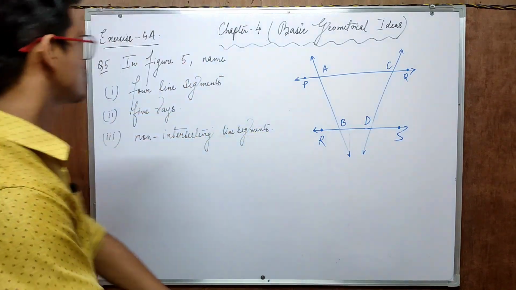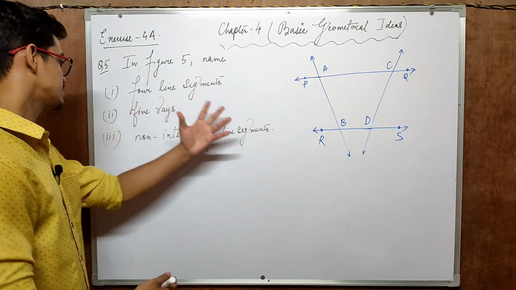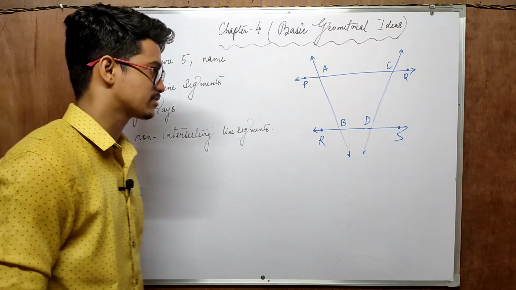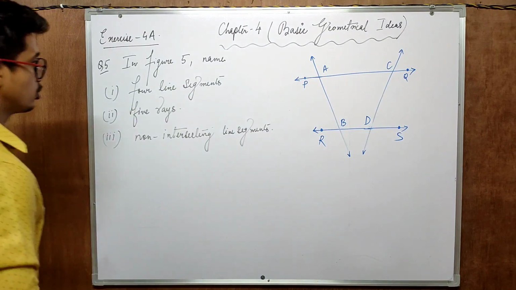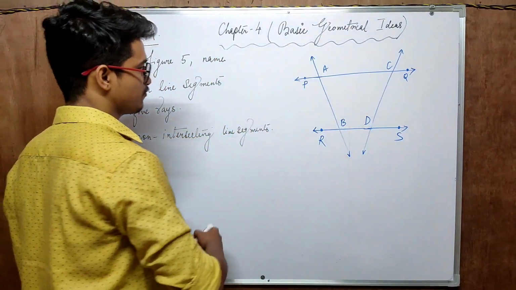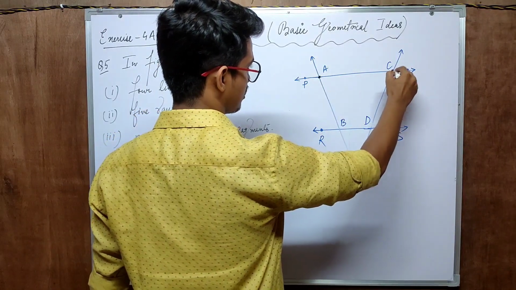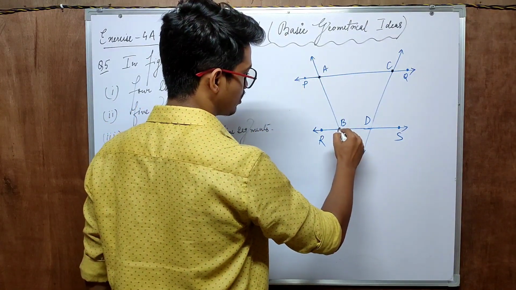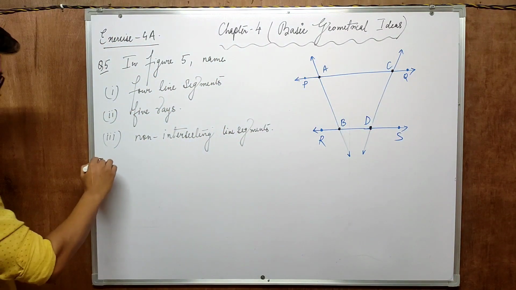Alright, so let's understand the last question of today's video, that is question number 5. In figure 5, name, first, 4 line segments, after that 5 rays, and the last is non-intersecting line segments. Let's understand what exactly the first question is and how to do it. 4 line segments. We know that 2 endpoints should be there. So if you observe this particular figure, A and C are the first line segment, and after that A and B will be the second, and let's say C and D and BD. So that means 4 line segments could be like